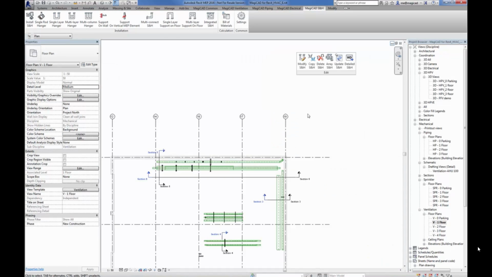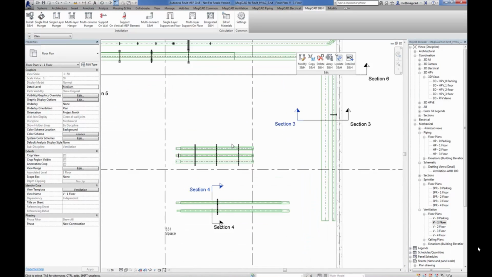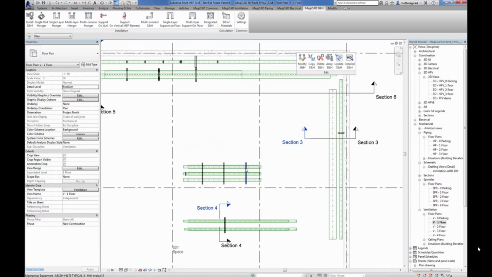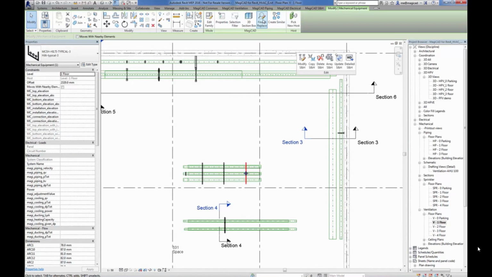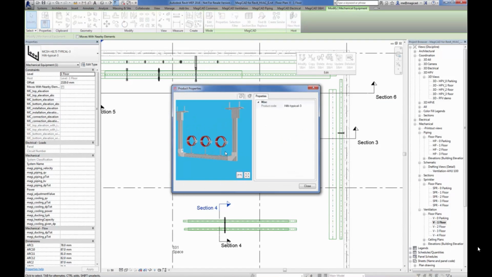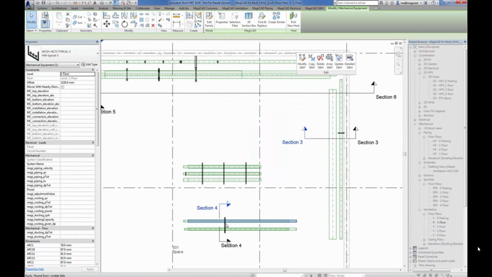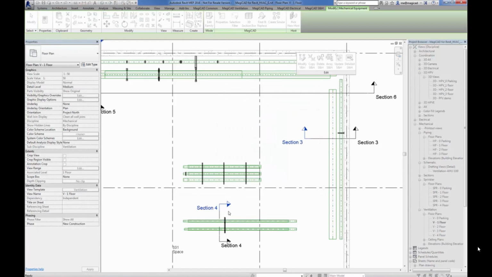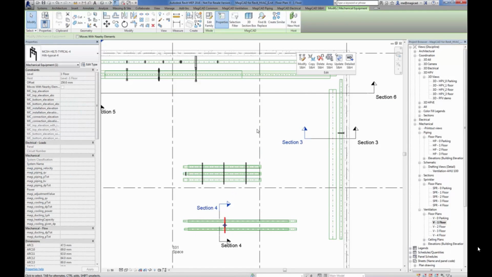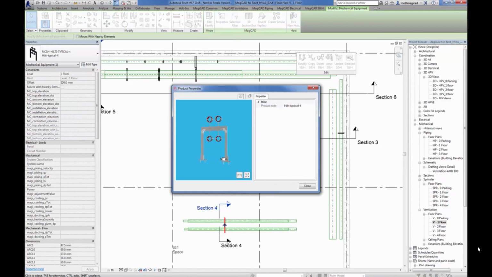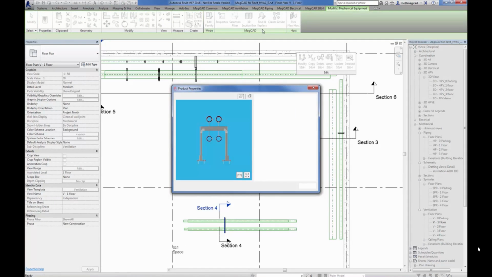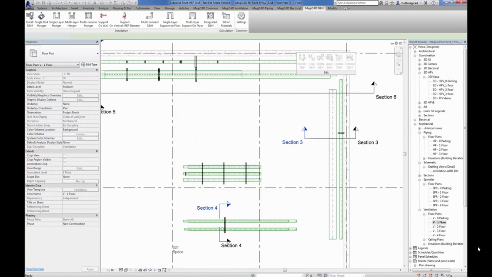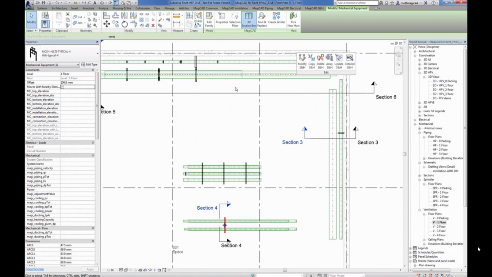If we look at some types here, or actually I can show you that I created some types here, in this case there were some hanger types that have been made, and you can also see that they have quite high detail here in the Revit models. But if we look at them with the 3D section box,